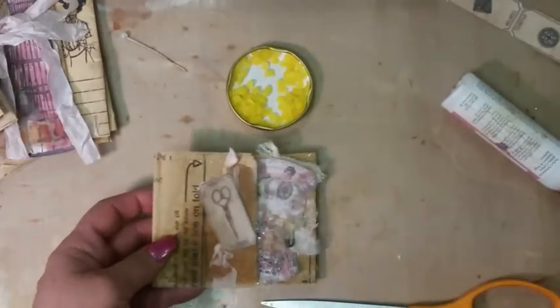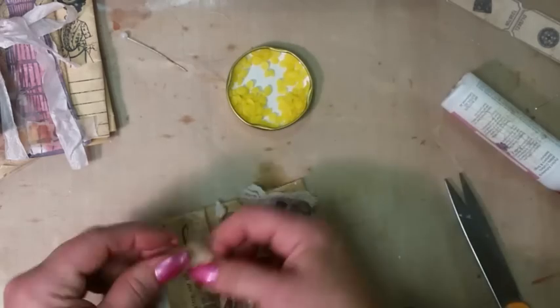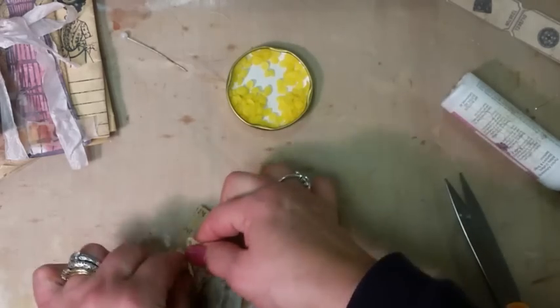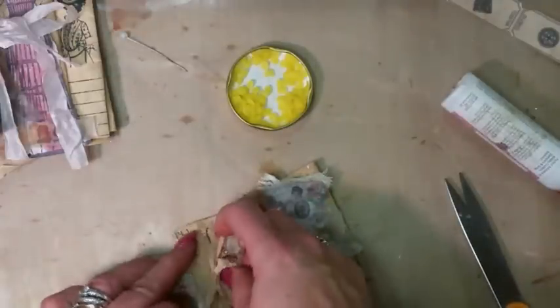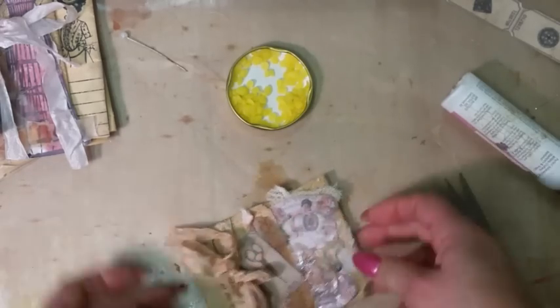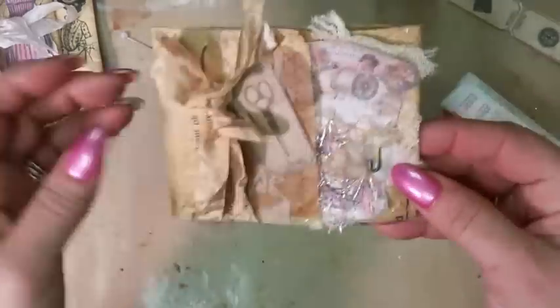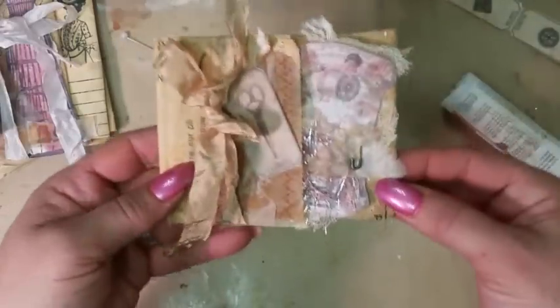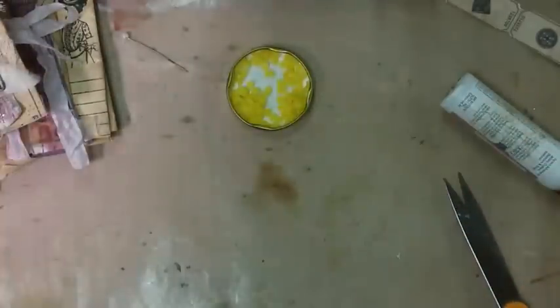And then I would take another piece, so we'll go with this. A piece of this. And it just screams romance. Play with my little ribbon. And there you have just another little booklet. And then I would put writing stuff in it. So you can use that. You can play with the beeswax on these. And then, like I said, I got my little pin. So now let's go over